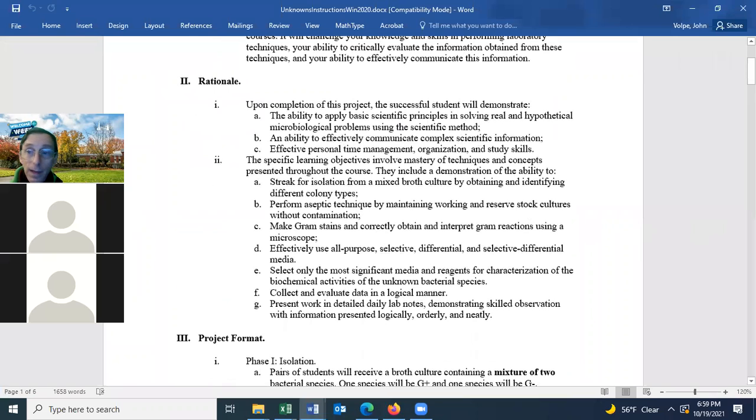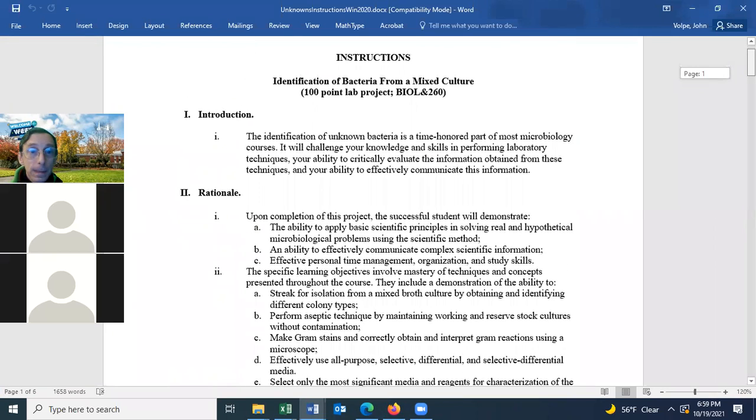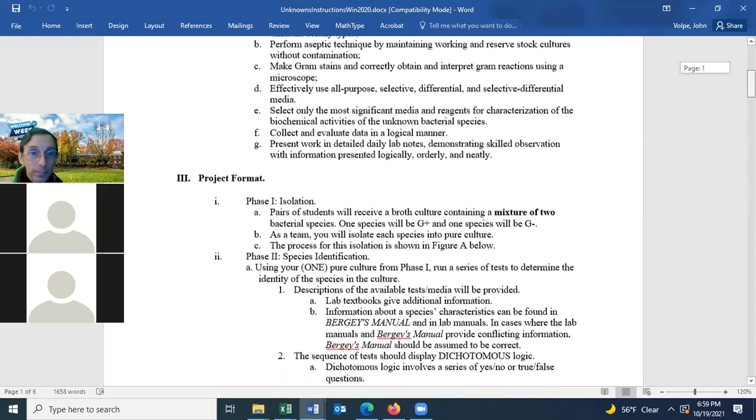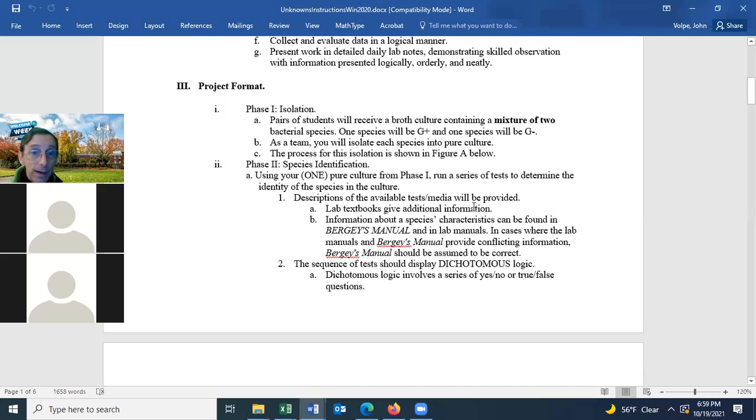You can read about the rationale. I'm not going to discuss that. I'm not going to discuss that either. The project format: you need to isolate the bacteria. Normally, we give you a tube in the lab, and it'll have 2 species of bacteria in it. We decided that that's going to be too difficult to do online. So online, I'm just going to give you a number which is going to represent 1 species of bacteria. So you don't need to do really anything to purify it, but you can